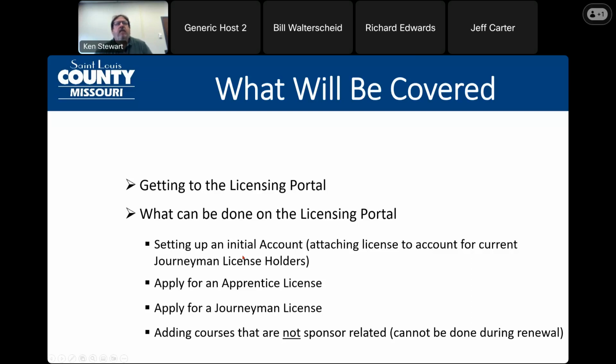So basically what we're going to do here is go over the initial setup for accounts, and I'm going to attach the license to a journeyman. Seems like there's a lot of confusion on that. From there, we're going to look at an apprentice license and a journeyman license. Then we're going to get into adding a course that is not sponsor related. And again,